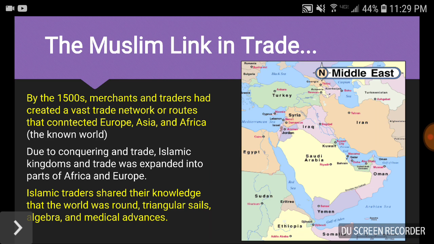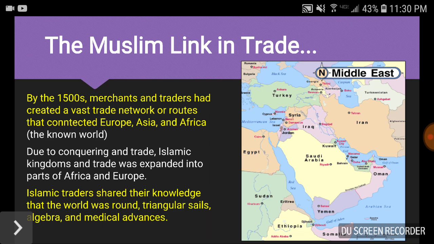They're not even going to realize that there are those two different areas of land across the Atlantic Ocean, or Pacific Ocean if you're traveling from Asia. So the known world is Europe, Asia, and Africa. So we're just talking about those three continents. So what happens as these Islamic merchants and traders are creating this vast network, you had to have Islamic kingdoms